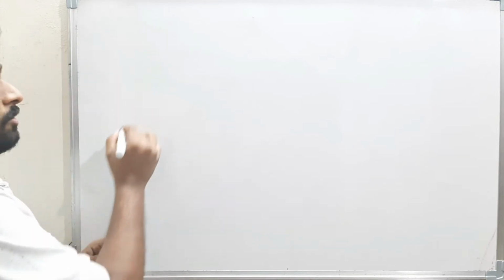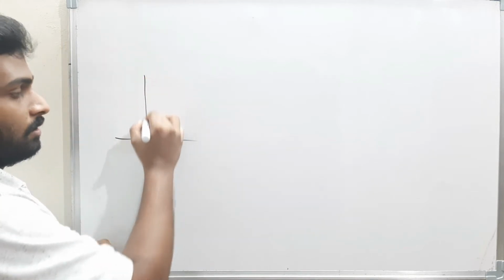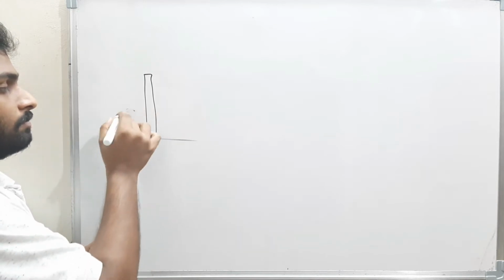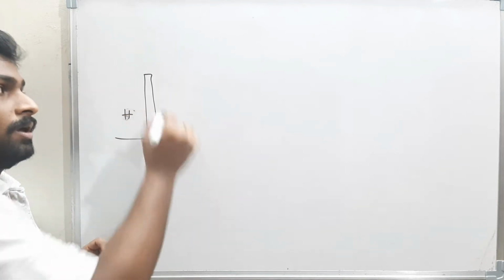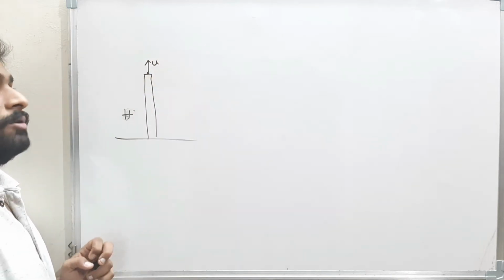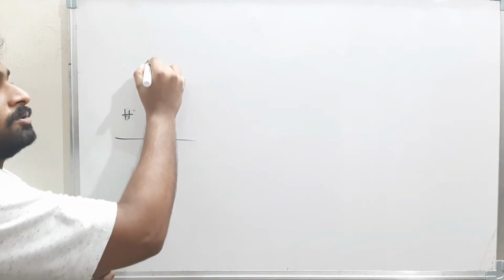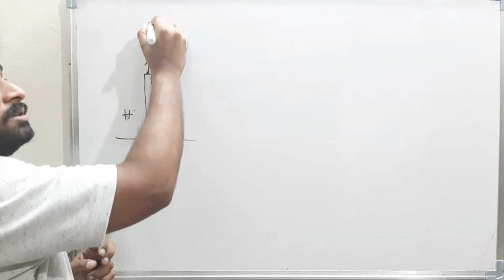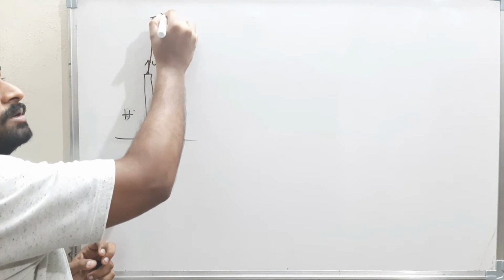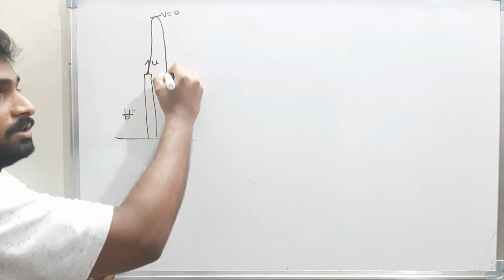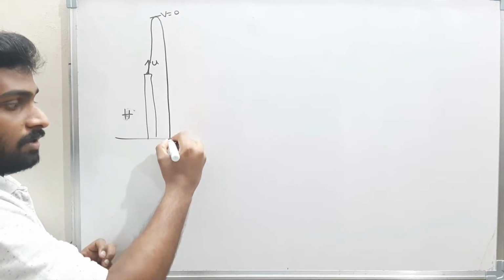Firstly, now see this is a surface and this is a tower of height h. From the tower a body is projected with a velocity u. Well and good. When a body is projected with a velocity u, the body will go up, then the velocity gradually decreases and finally the velocity becomes 0. And again the body will come down, the velocity gradually increases and finally the velocity of the body will be some v dash.